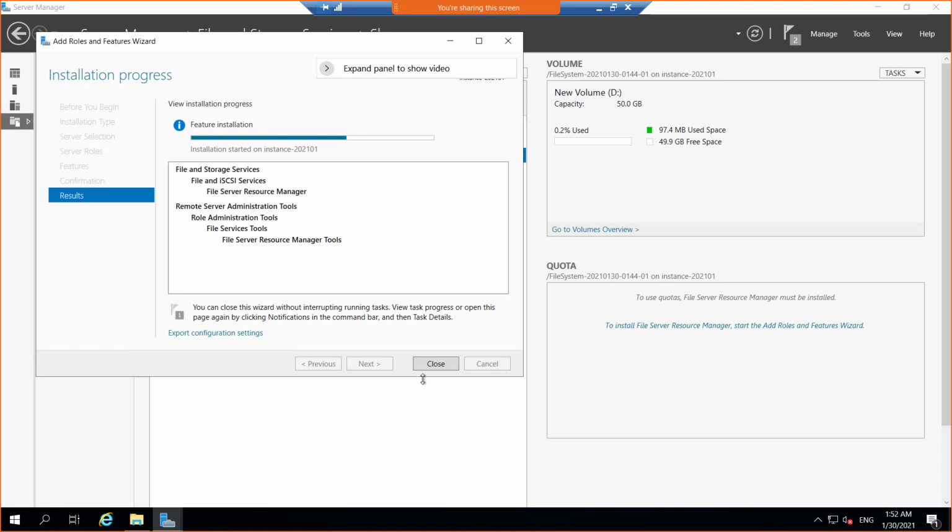And server administration tools, file services tools, file server resource manager tools. Basically, why I'm doing this, if we want to actually upload some kind of file there, there has to be a file server resource manager. But will it work here? Normally it works when we connect a Windows machine to a Linux file share, but